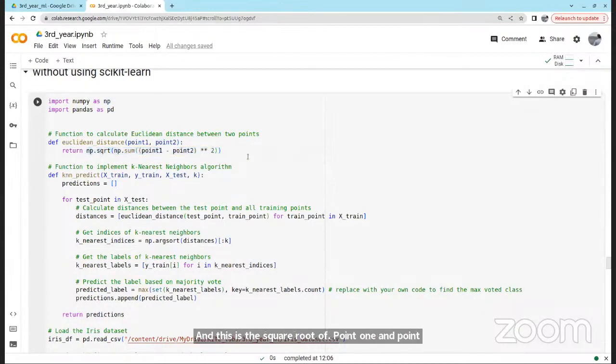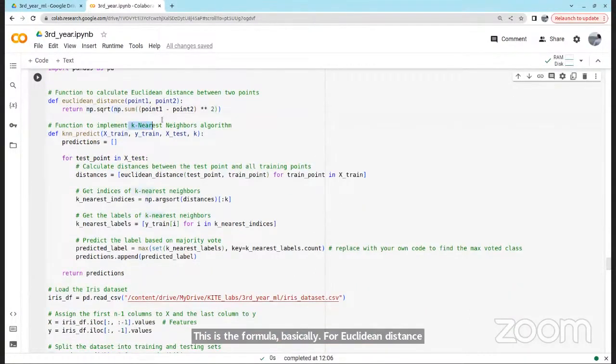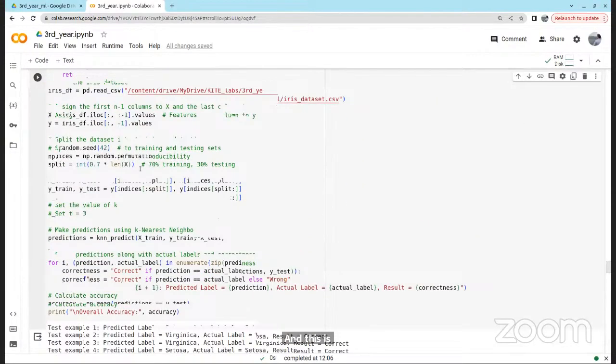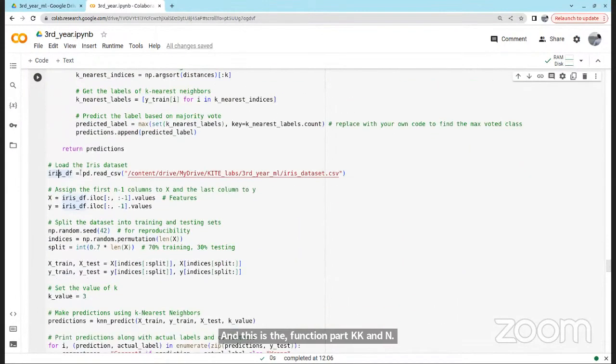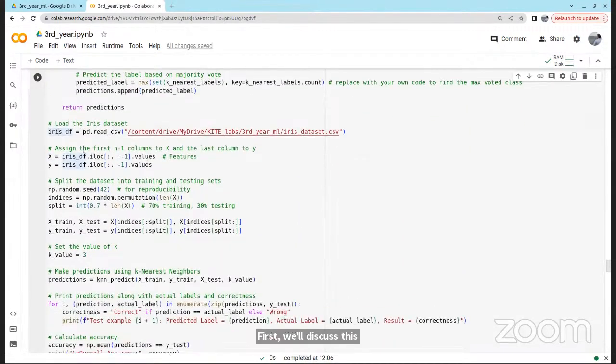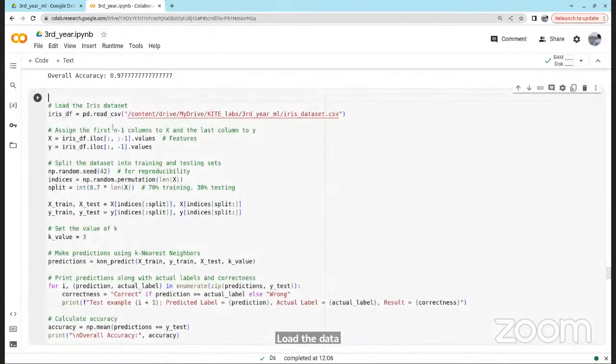This is the formula basically for the Euclidean distance, and this is the function for knn. First, we'll discuss this knn later. First, let's load the data.